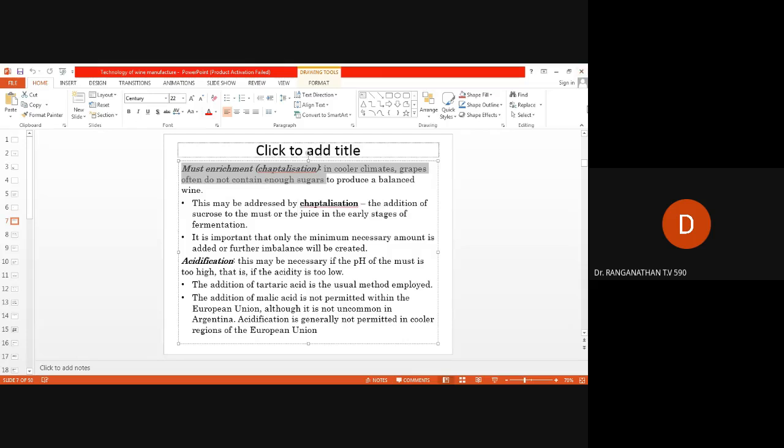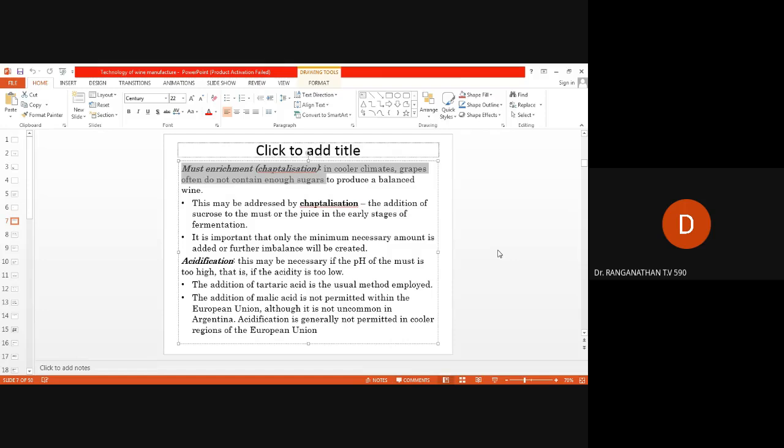Now, to increase the amount of sugar present. Basically, I think you already know the thumb rule is that for every one molecule of sugar present, half a molecule of alcohol is obtained. So, when you consider a product like wine, if you start with 14 or 15 degree Brix or 15% fermentable sugars, you will end up having a product which has around 7% alcohol. And this is also called dry wine because all the sugar is fermented. But this sometimes is not desirable as people might also like a bit sweet taste.